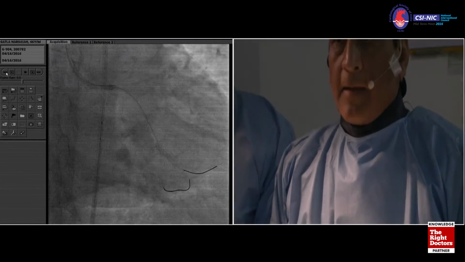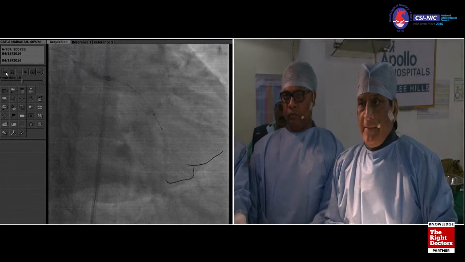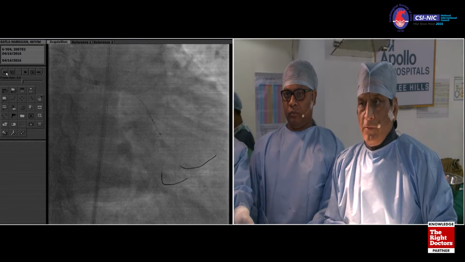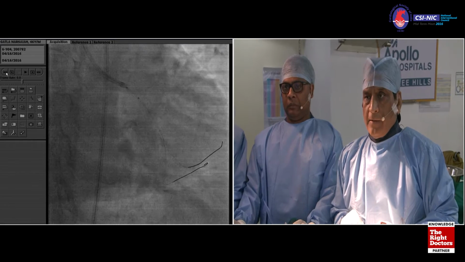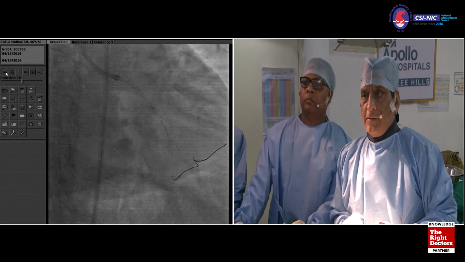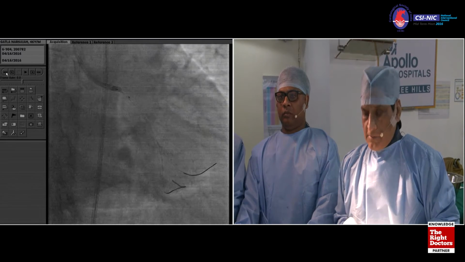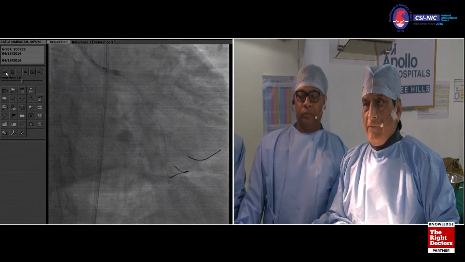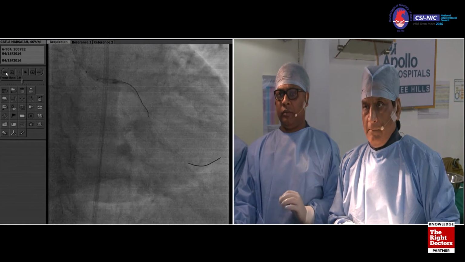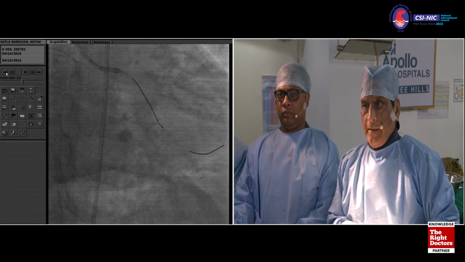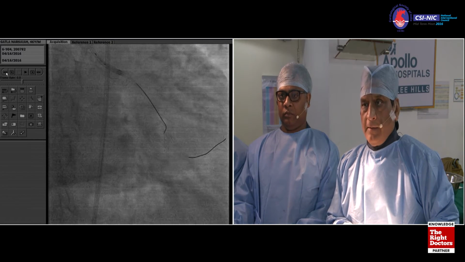Okay? This is the huge balloon which we used earlier in this particular case. If not, then we use a 1.5 balloon. Which size is it? It's 2.5? Yeah, this is the 2.5 compliant which we used as a pre-dilatation. So we need to have a 1.5 balloon. Get a 1.5 balloon. Did you take the wire out by choice or did it come out? No, I took it out to just go through a different strut.